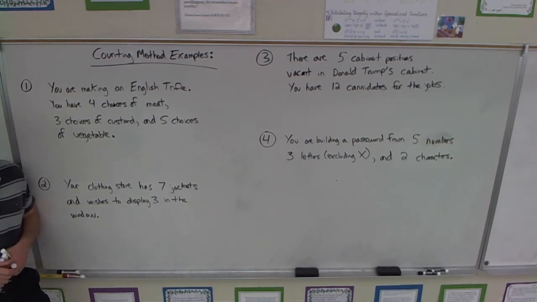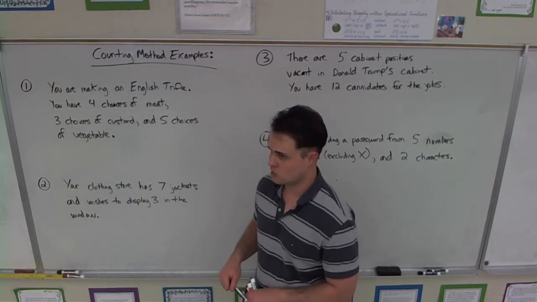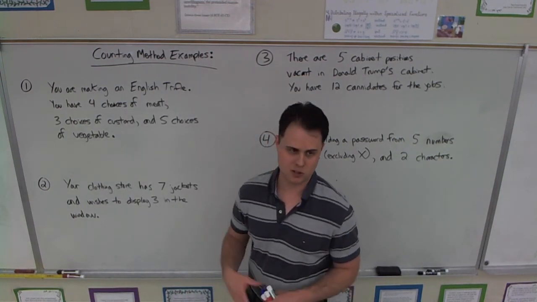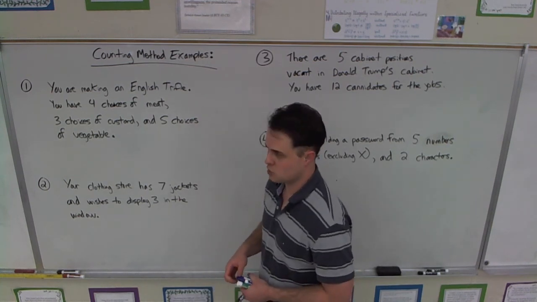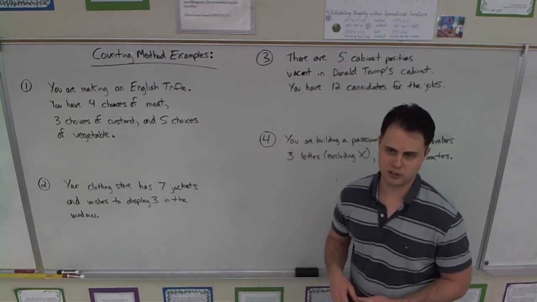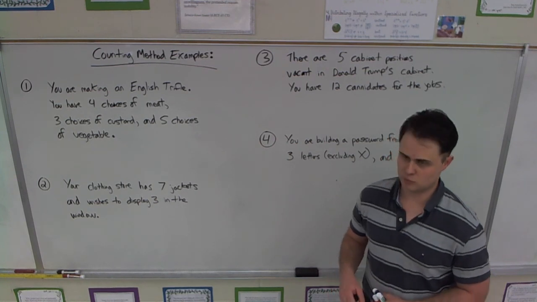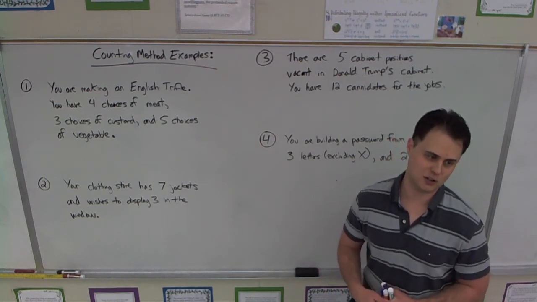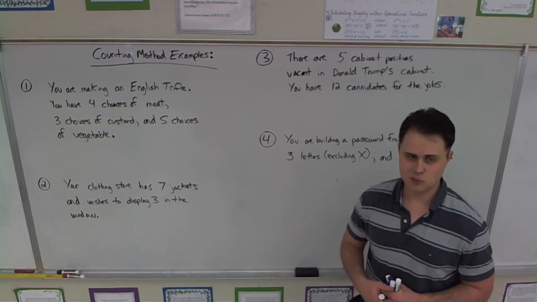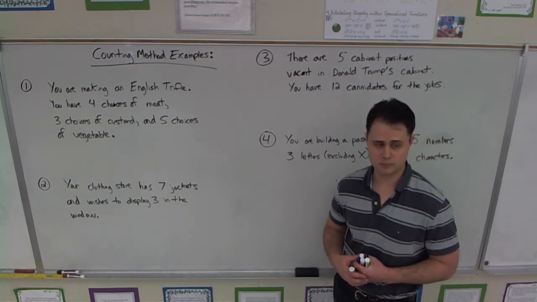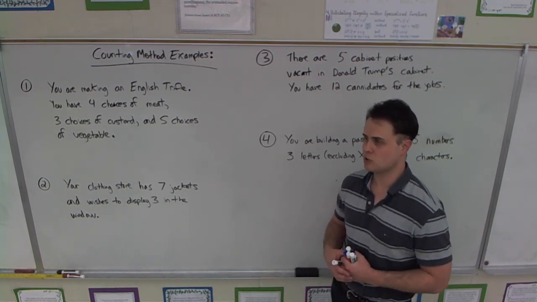So you're making an English trifle. This is inspired by an episode of Friends. You have 4 choices of meat: hamburger, bacon, steak, chicken, I don't know. You have 3 choices of custard: vanilla, chocolate, raspberry, I don't know. And you have 5 choices of vegetable: peas, onions, carrots, etc. Obviously something went wrong with this recipe. But you don't know that because you're Rachel. Okay? So you don't know that something went wrong with this recipe,